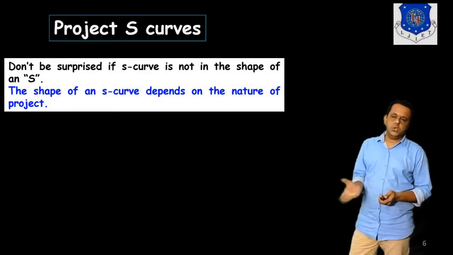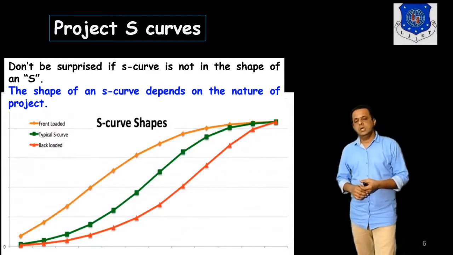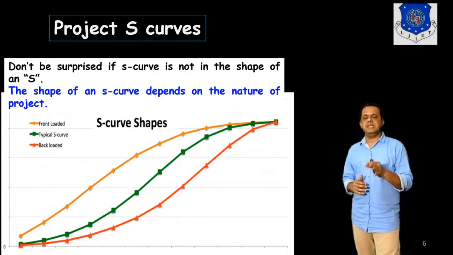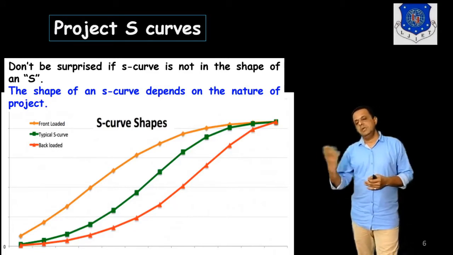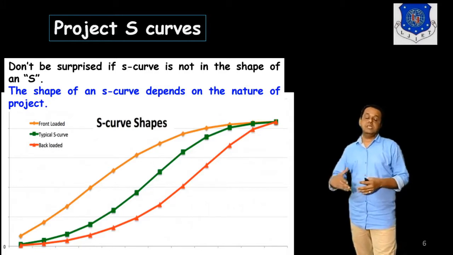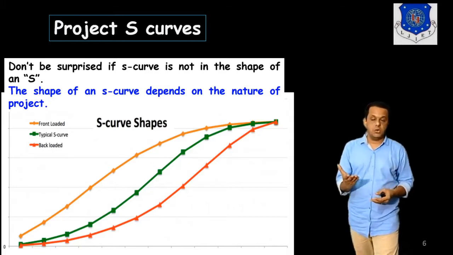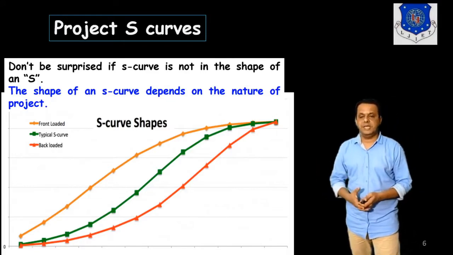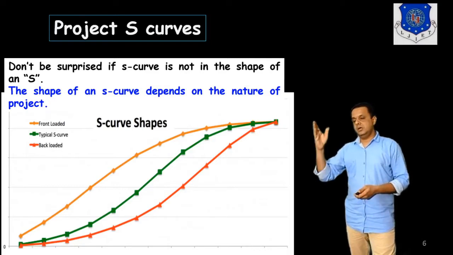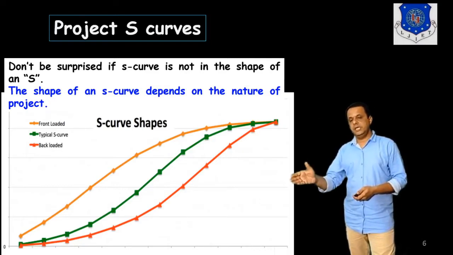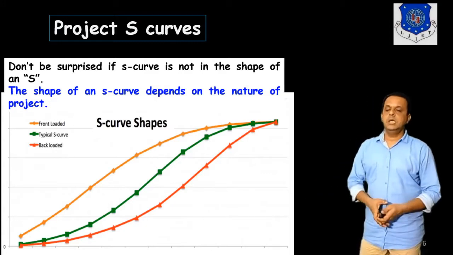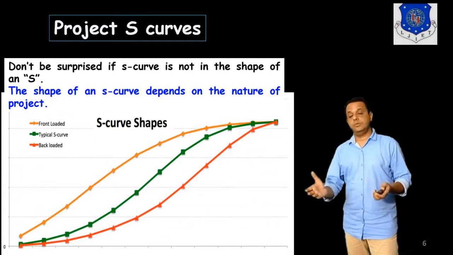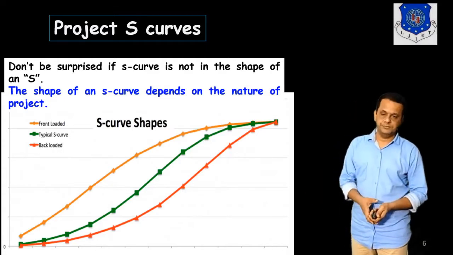So as I said, not to worry if it doesn't take the S-curve exactly. And here you see front loaded, back loaded, and the typical S-curve is the green one that should take place, but maybe due to certain budget overrunning, or time overrunning, or finishing before time, the final shape will be taken by the S-curve. On the y-axis there will be one quantity, and on the x-axis we will be putting our time duration, time span, in terms of weeks, or months, or days, or hours, or the entire year.